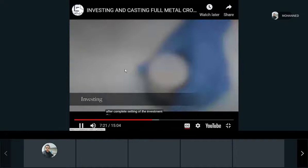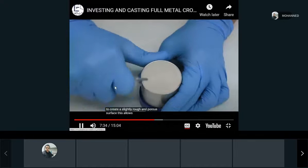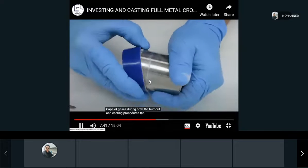The investment material at the top of the investment frame will normally have a smooth glazed appearance. This must be scraped with a sharp knife to create slightly roughened porous surface. This allows For an easier escape of gases during both the burnout and casting procedures, the crucible former is then